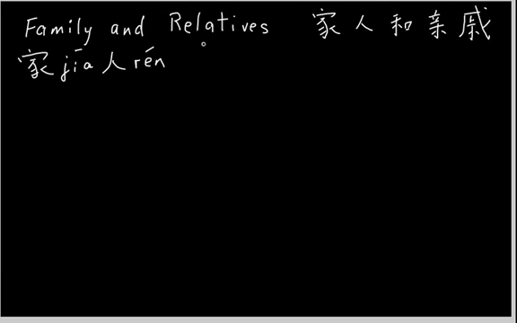And 亲戚. 亲 is written like this, and it's pronounced Q, like a hard CH, in the first tone, and it means related by blood. And 戚 is written like this, and you see part of this later on in the word for uncle. It's pronounced Q-I in the fourth tone, and the two words mean relatives.